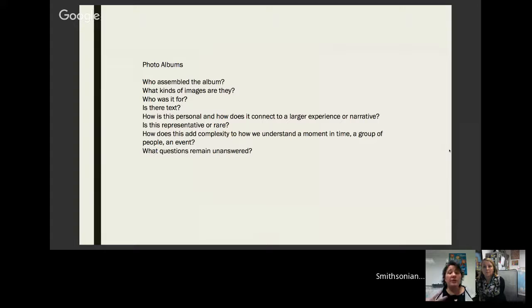Who put it together? What is the text? Is anybody adding any information? And then how is this personal, and how does it connect to a larger narrative or experience? That's what I'm looking for whenever I'm collecting photographs at the National Museum of American History. So my threshold is that I have to be able to answer the question of does this connect to the ordinary person and how does it place them in a larger historical narrative, and what is photography's role in making